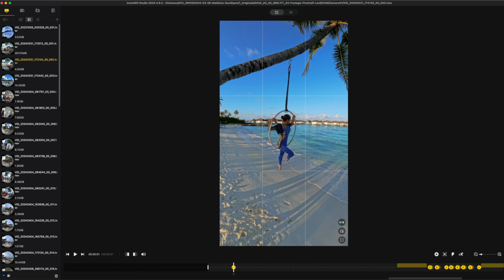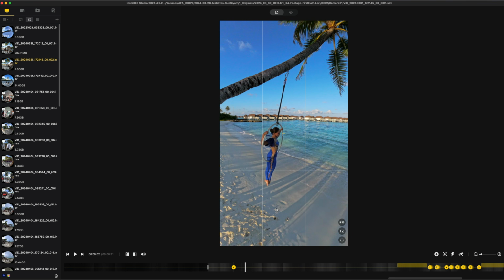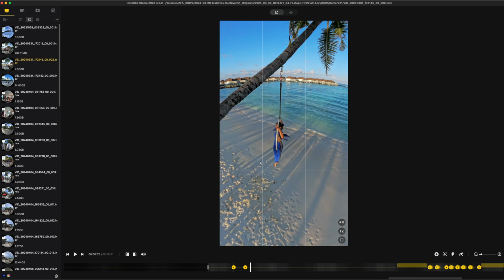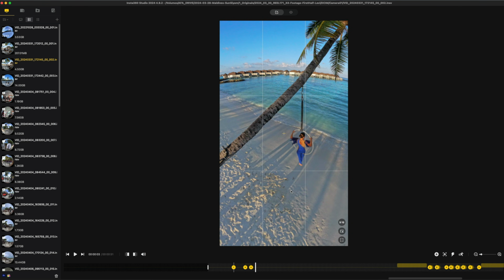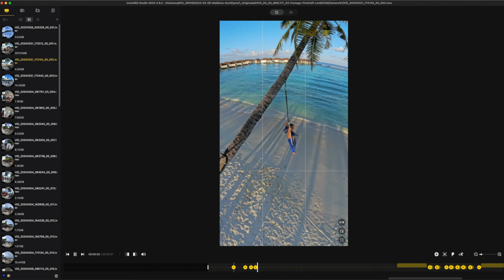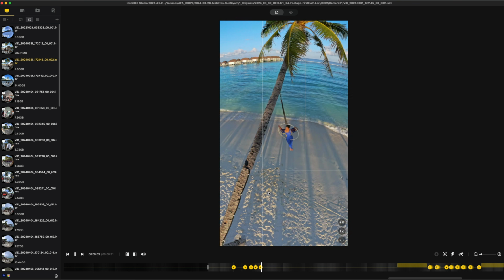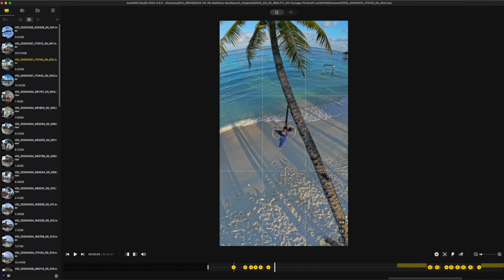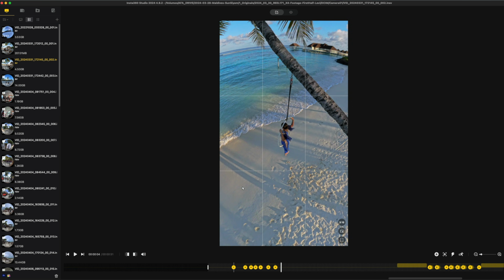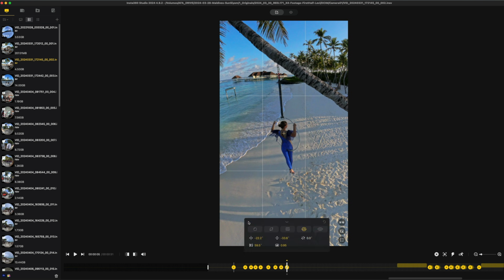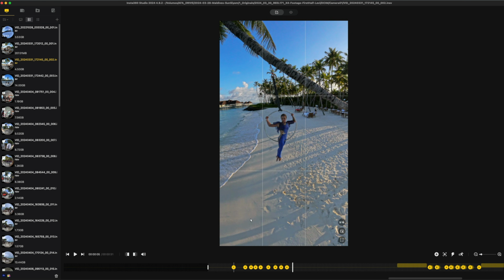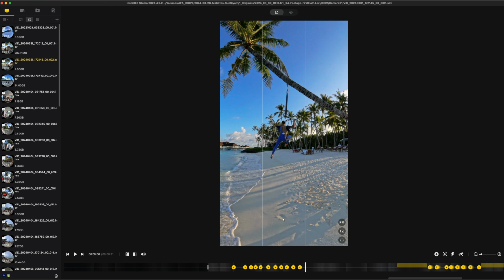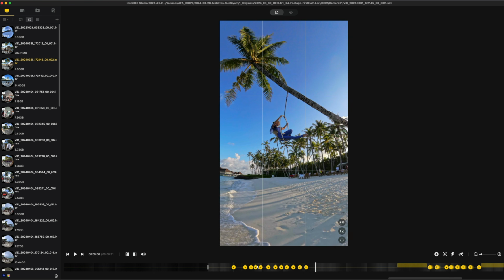Again, you can change the parameters if you want to, but we're just going to hit play, drag again in a little bit, Command K, and continue this process throughout the clip. You don't need to do these keyframes so close together, but you want to add them for any big movement changes that are linear between them. If there's multiple movement directions in a section, you need to add a keyframe for each of those new movements, if that makes sense. You just go through like this, drag the box around,